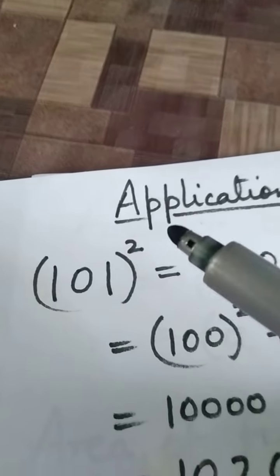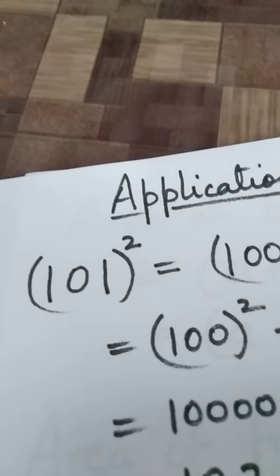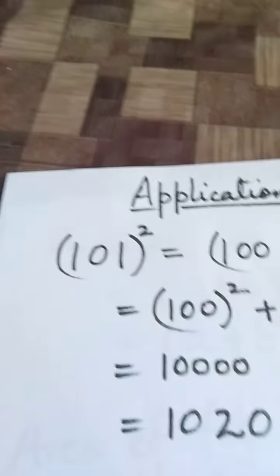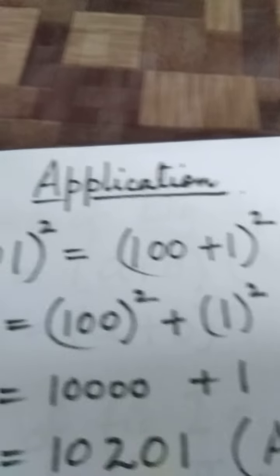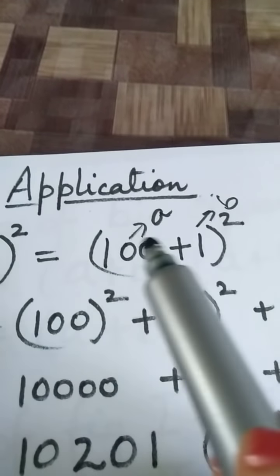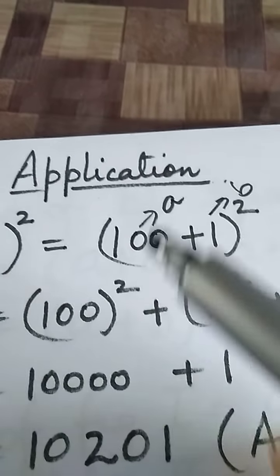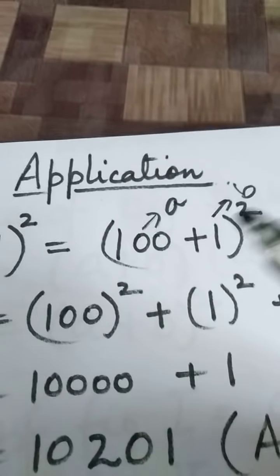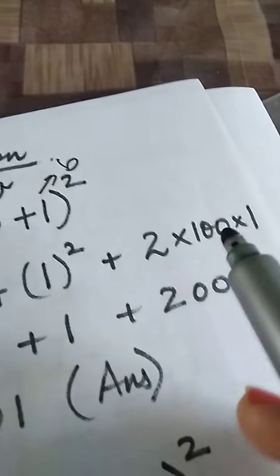Okay. Now let me teach you where to apply. Suppose I have to find square of 101. Now 101 into 101 is such a tedious process. You will just ask for a calculator. No, there is no need. Let us do it mentally. I have broken this 101 as 100 plus 1. Now 100 becomes what? A. And 1 becomes what? B. So I have written it in the form of A plus B the whole square. And what is A plus B the whole square? Square of the first term, A square, plus square of the second term, B square, plus 2 times the product of the first and second terms.